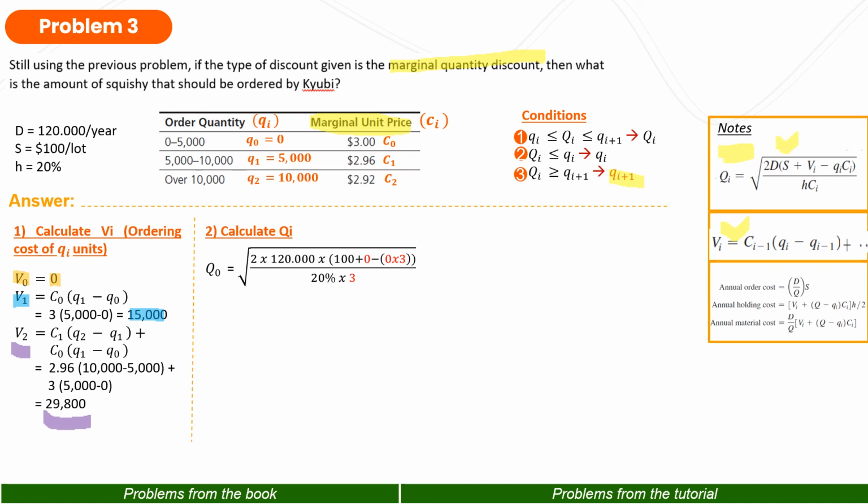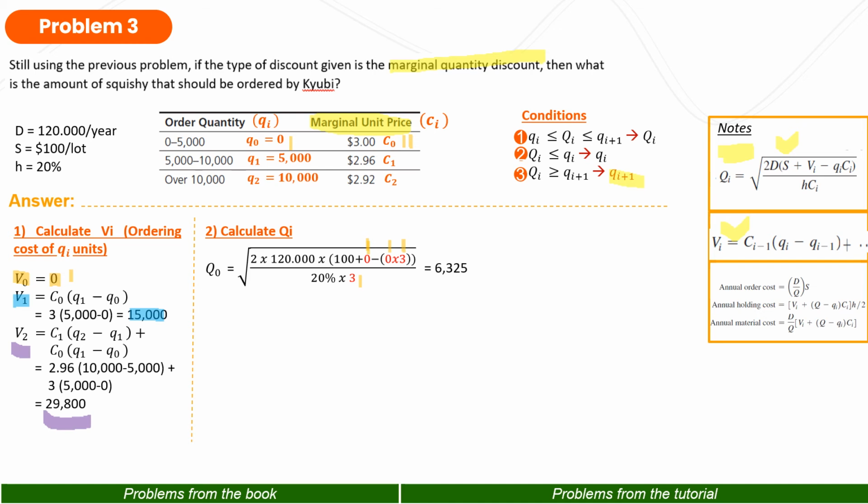So for Q0, it is the root of 2 times the annual demand, that is 120,000, times the ordering cost, that is 100, plus the V, because it is Q0, then it is V0 minus little q0 times the C0, divided by 20% times the cost, that is 3, and then we got